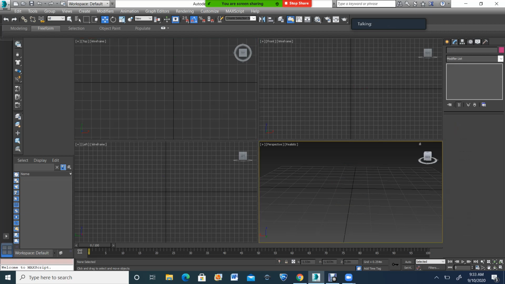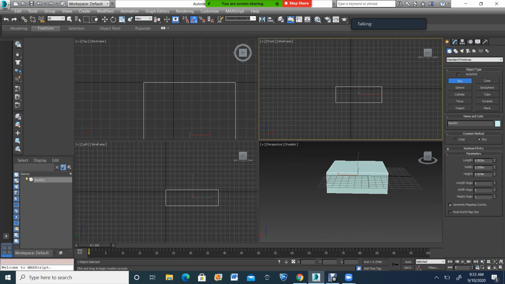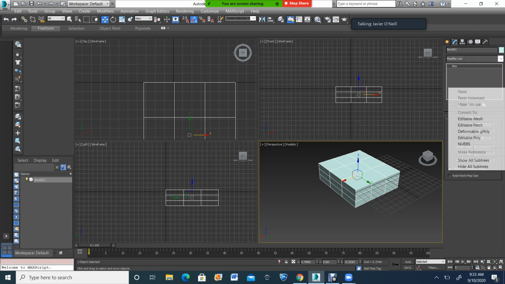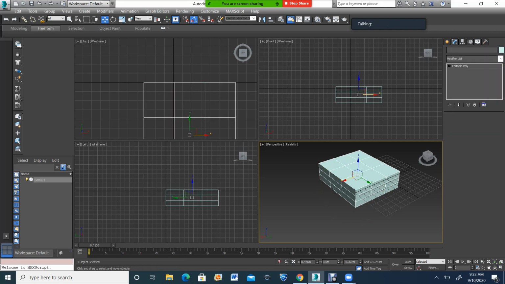And then the other one is one you'll see me use extensively when I do my little demonstration on high poly modeling, and that's going to be the turbo smooth one. So if I take again, let's go ahead, I create a box, yes. And as you can see, if I don't do any cuts, it's going to give me funky results. So I'll do a few cuts like this, cool. And then if I do edit poly,